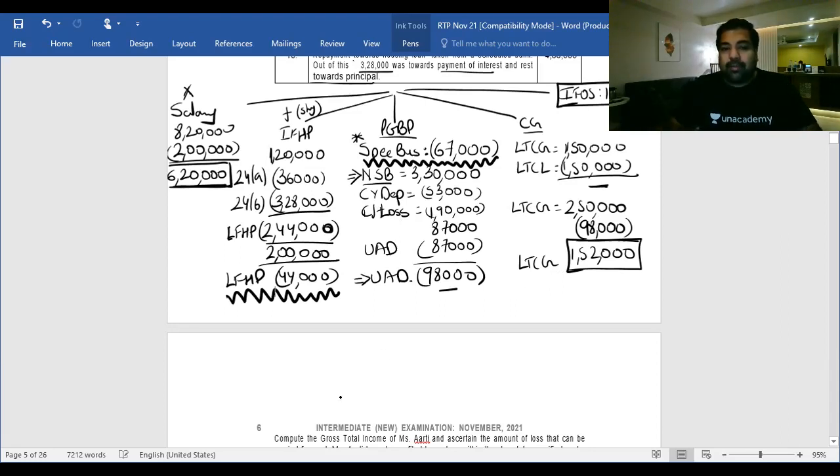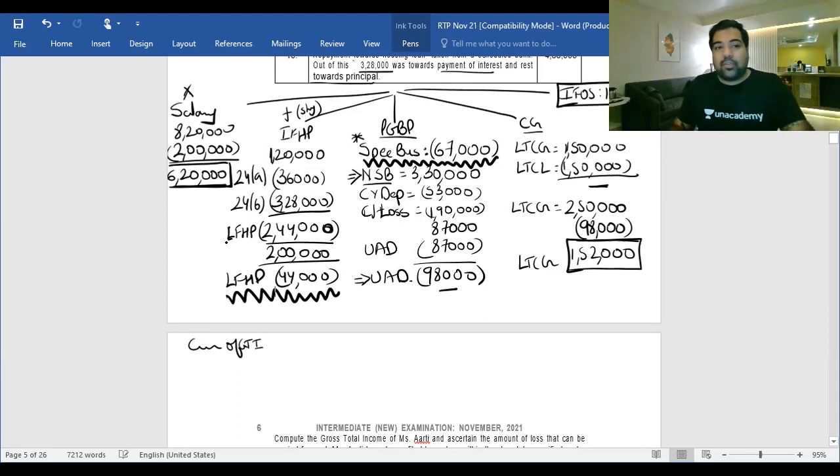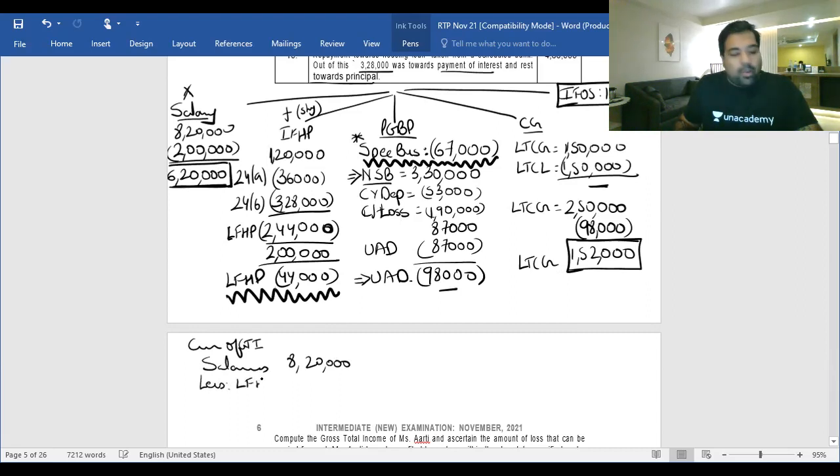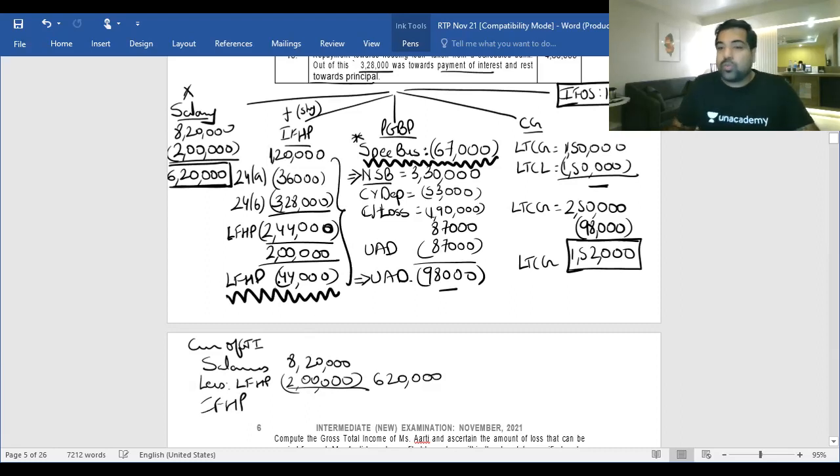How do you show it in the exam? In the exam, you will write computation of total income, gross total income, etc. And you will start in the same way. First, you will write income from salaries. You will write 8,20,000 in the inner column, and then you will write less loss from house property, and you will minus 2 lakh, and that's how you will show 6,20,000 in the outer column. Same way, you will go next to income from house property, and just the way you've calculated all this, you will do the calculation and you will say 44,000 is carried forward.